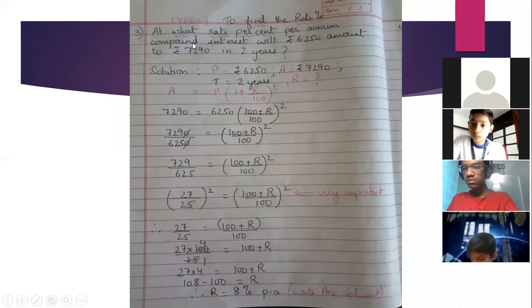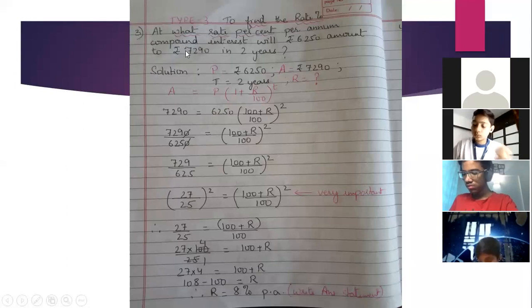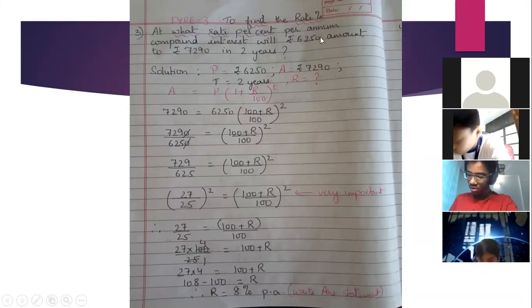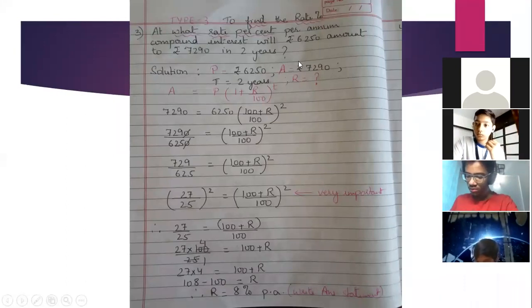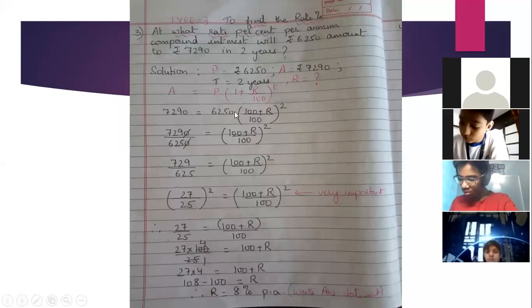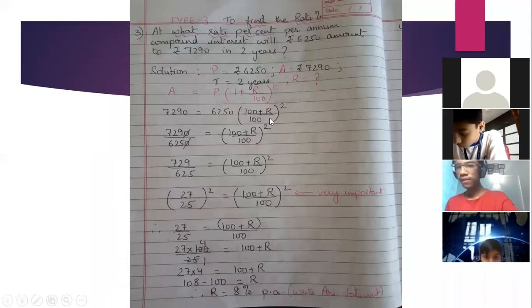So out of the three things, which are these two numbers? If you read the question, he's asking at what rate percent per annum compound interest will rupees 6250 amount to? So amount to means this is the amount, this is the principal. Principal is given to you, amount is given to you, time is given to you, and they are asking the rate percent. So again, first thing, you will write the formula, put the values. Now here, children, you need to understand certain things. Once you put the values, you will get this.